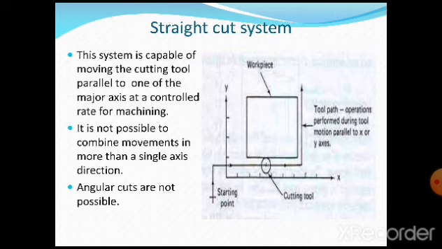That is why if we start from the starting point, the cutter is made to move always straight, not in an angular position. Try to understand. It is moving from the starting point towards a vertical line, then again it is moving in a horizontal line. It is not having a combined motion as in the case of a point-to-point system. So that is why the name has come as the straight cut system. At a time it is made to move in a single axis. Try to understand, in a straight cut system, single axis direction can be achieved. Angular cuts are not possible. It is not possible to go for an angular cutting operation.